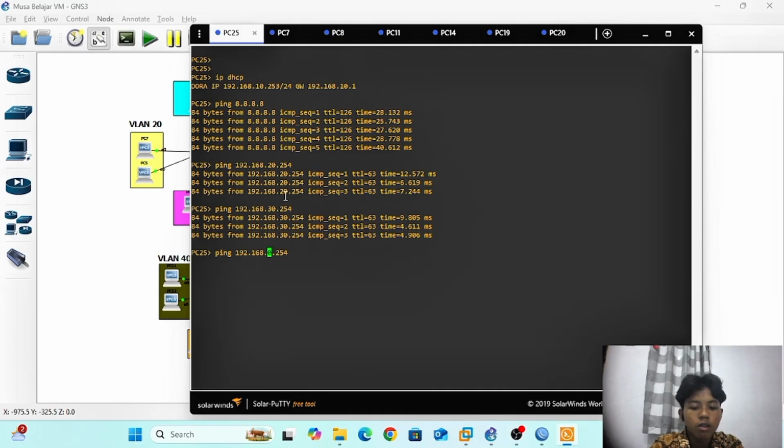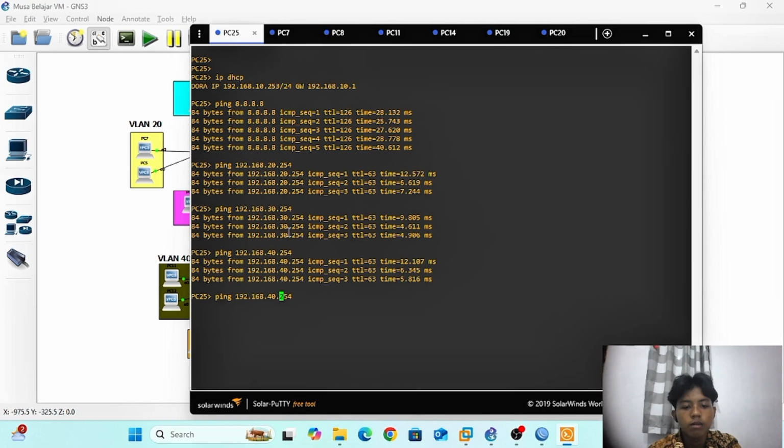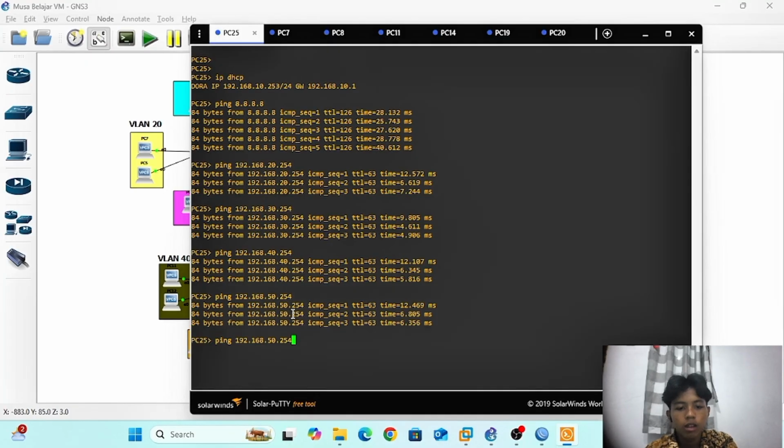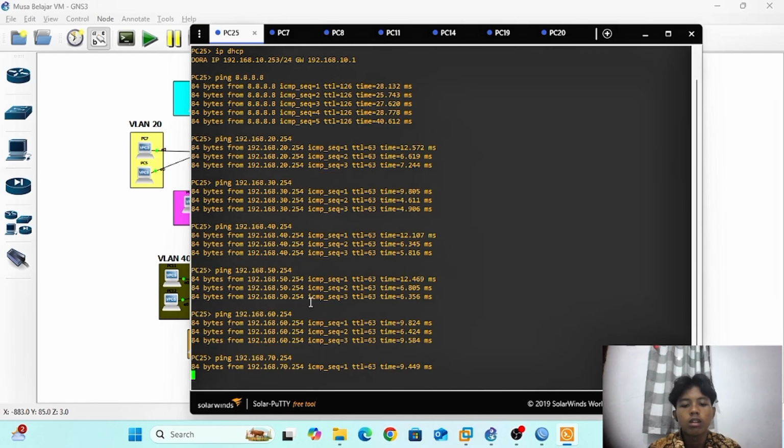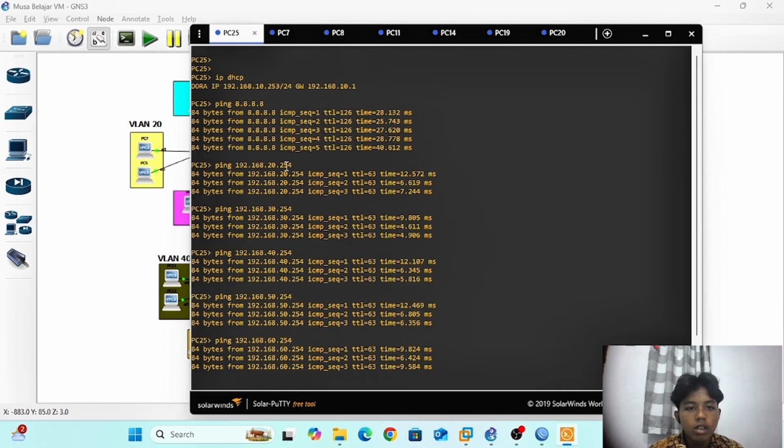VLAN 40. Success. And VLAN 50, sorry, my bad. 50 success. And now VLAN 60, success. And last, pinging to VLAN 70, success.